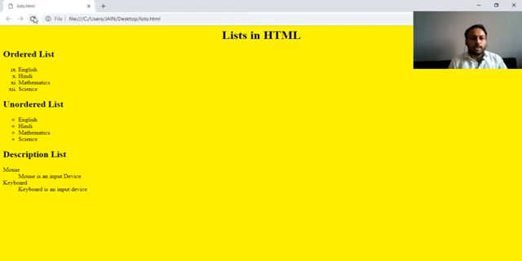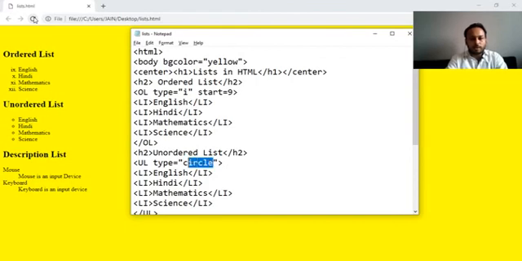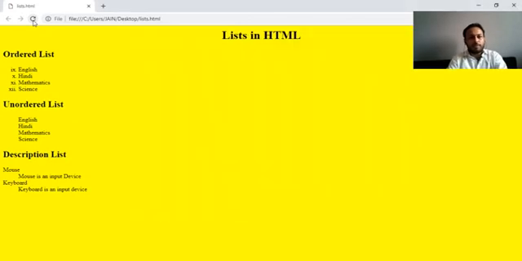We can use none also here, N-O-N-E. So the dots will disappear. You can write some other value like square, so the bullets will be in square shape. Okay, that is the description list. So this is it.